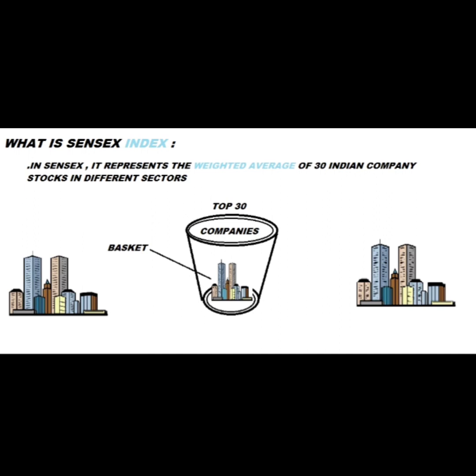Companies were selected according to market capitalization, so we can say that this is a basket where there will always be 30 companies of India. The company which is not performing well goes out. The one which is performing well stays. So instead of investing in different companies separately, we can invest in these top 30 companies. We can buy Sensex. How to buy Sensex, we will see later.